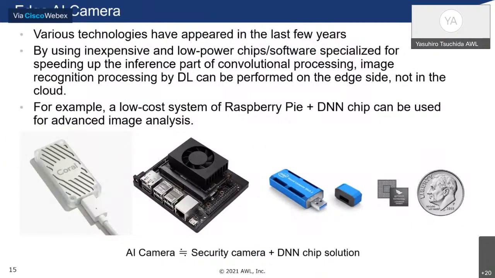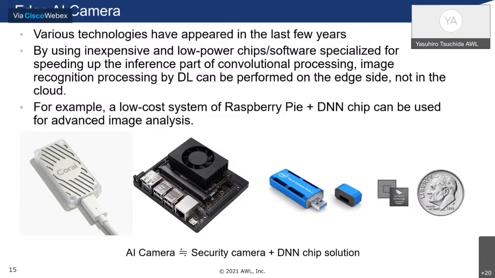So now I'm explaining briefly what edge AI is. For example, the Google TPU, NVIDIA Jetson, and Intel Movidius are very tiny deep neural compute chips that can accelerate convolutional neural network inference speed dramatically compared to CPU inference.